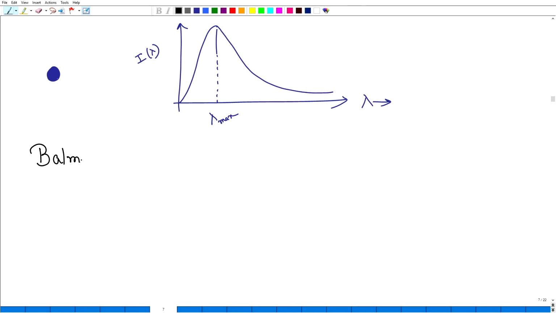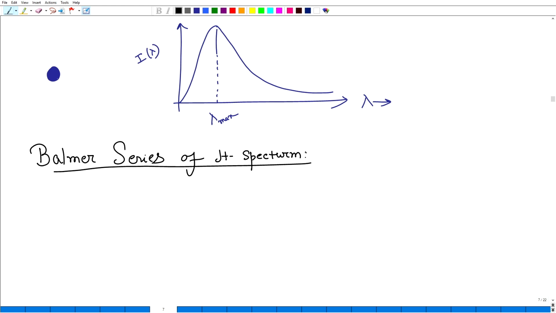First we will discuss the Balmer series. Balmer was a mathematician who tried to explain the atomic spectra of hydrogen. The photographic plate was generally taken for the visible range, that means from 400 nanometer to 700 nanometer. These things we know. So, Balmer looked at the lines in the visible part, the lines obtained around